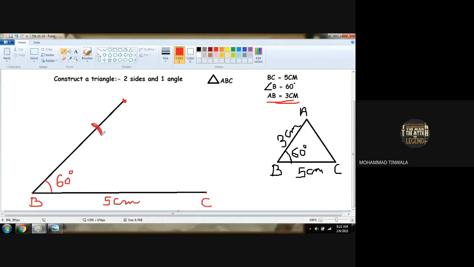Understood? Are you getting my point? So this is what we got as 3 centimeter. And this point, this point where we intersected,